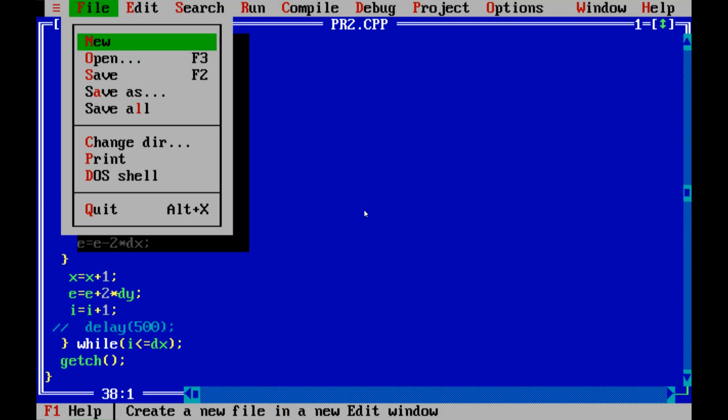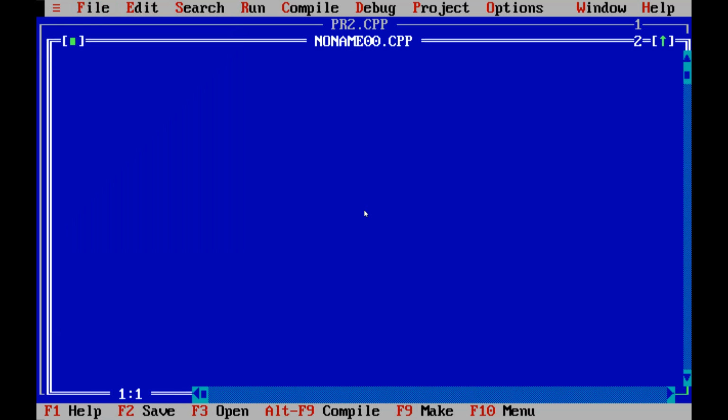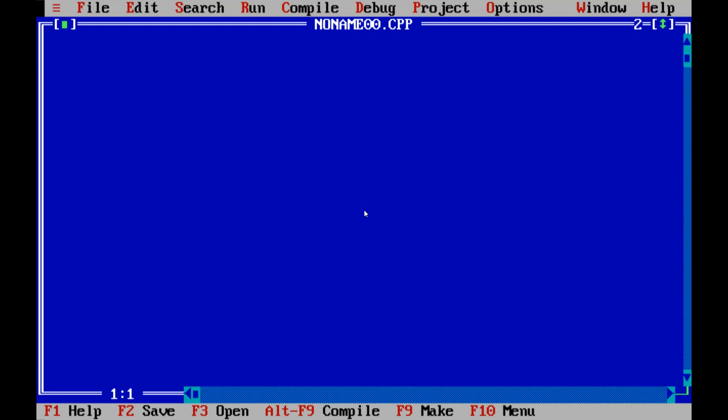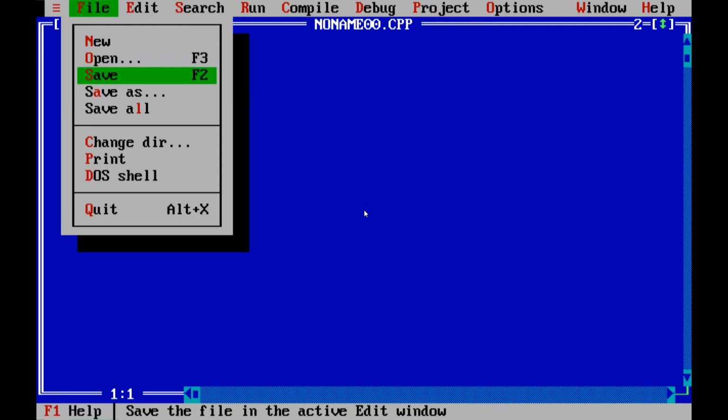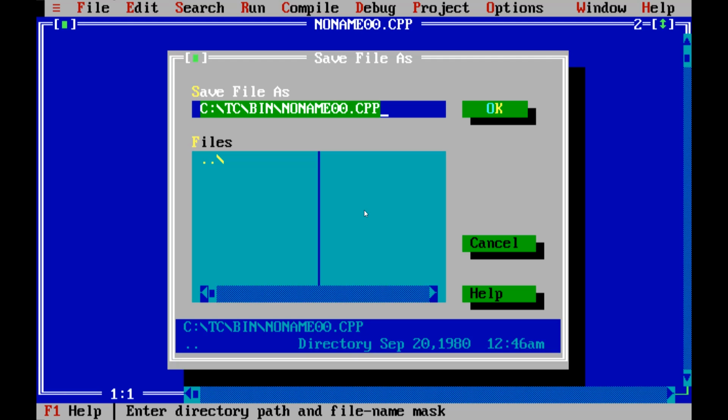Now we have taken a new file where we will start our practical. First of all, we are going to save this file, Alt F. We have saved it with the name Bresenham.cpp.